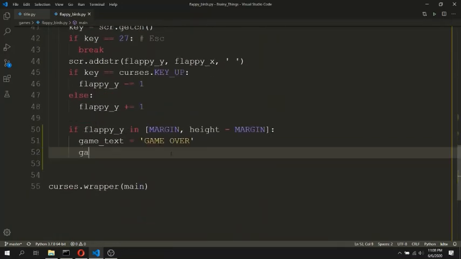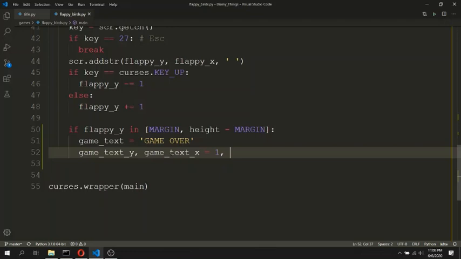So for calculating the coordinates of this game text y and game text x, for y coordinate it will be 1, and for game text x, that is the x coordinate of this game text, it will be centered horizontally at y equal to 1 line.